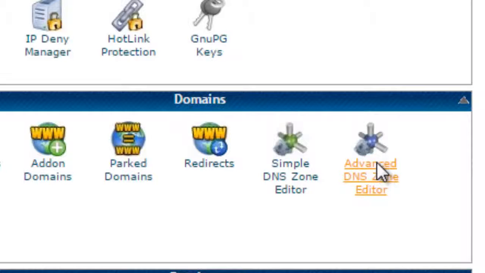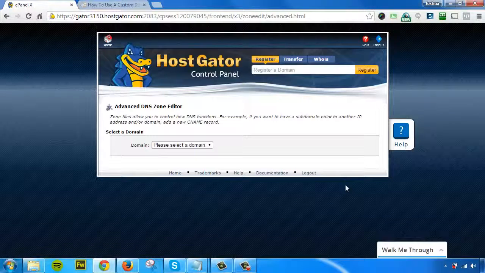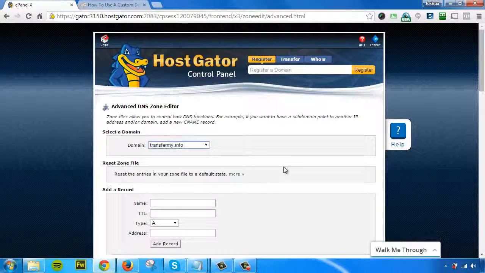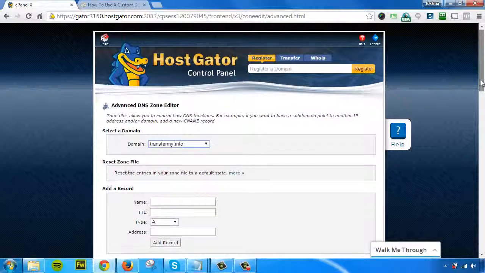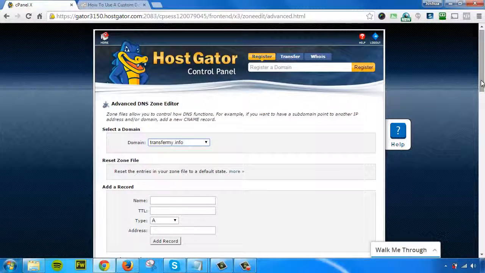So click on that. This is going to bring you up to a page where it's going to ask you to select your domain name. So select the correct domain name that you want to mask for your value add-on membership account. Okay, so I've selected the correct domain name. And once again, usually you would modify an existing record. However, for this example, we'll be creating a new record, which will in fact look like a